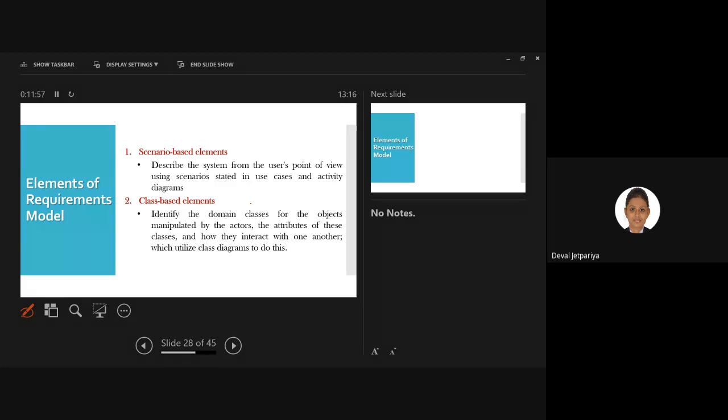So in the class diagram, first you are mentioning the name of the class. For example, user. User is one of the classes, right? So what are the attributes? Attributes are like user ID, user name, user age, address. These you can consider as attributes.